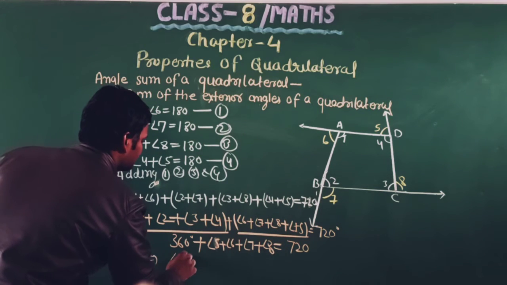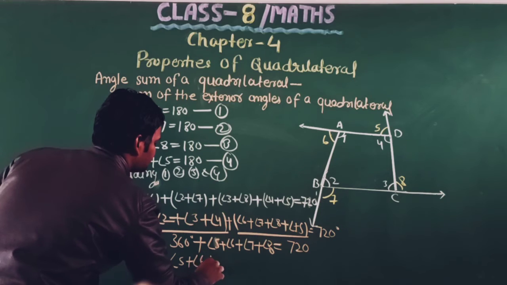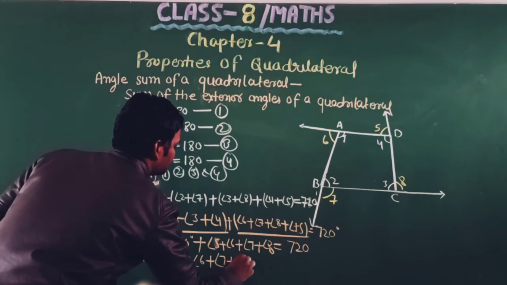This implies angle 5 plus angle 6 plus angle 7 plus angle 8 equals